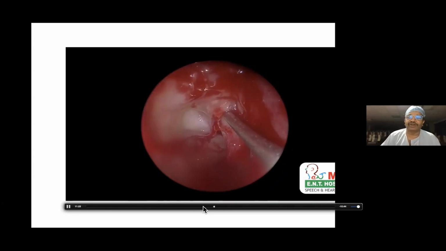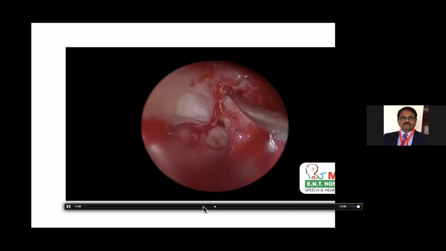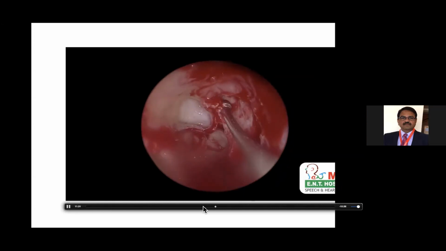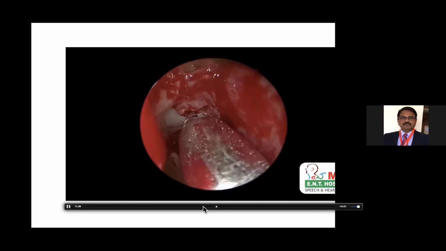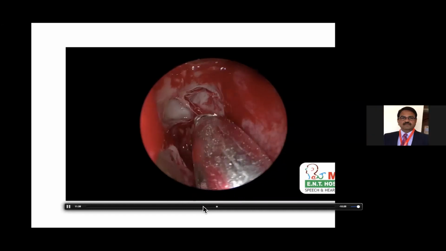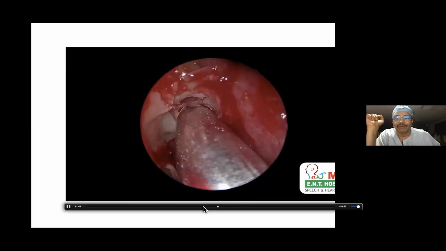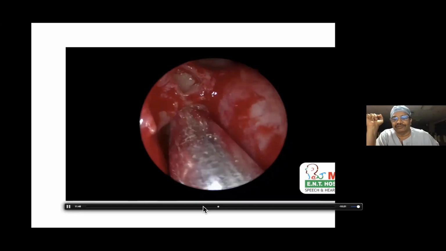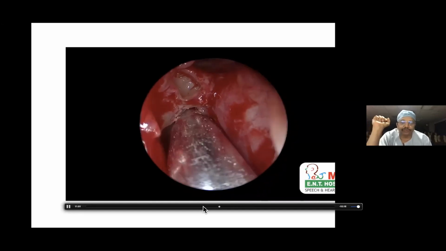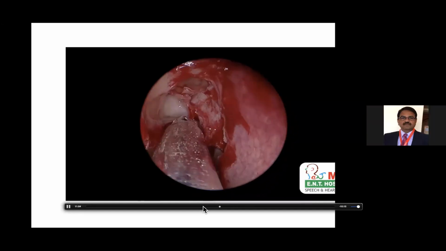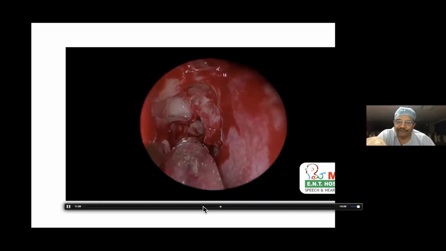Now I'm trying to understand the anatomy. Here I'm seeing the skull base. The posterior wall of the frontal sinus is also skull base, because we haven't seen any frontal bulla cells. Now I'm opening the frontal recess cells. In the CT scan we saw 3 cells in the frontal recess, whereas during the dissection we have seen only 2 cells. Where is the third cell? That is what we just opened.